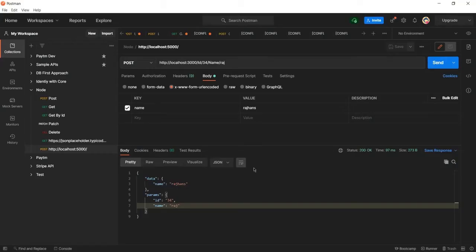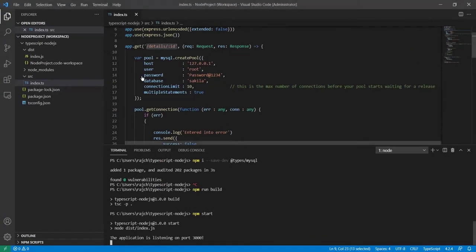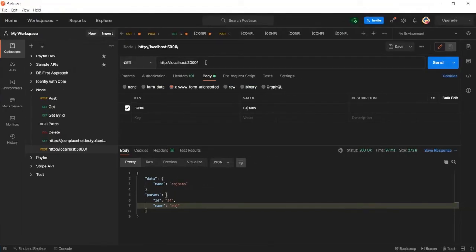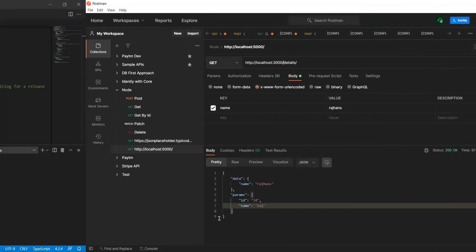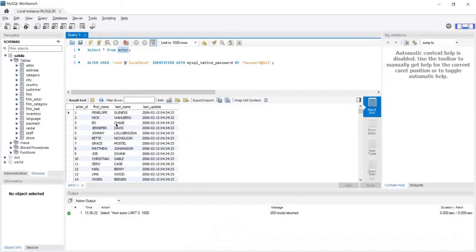So here is Postman, and I need to modify this, because this is not there. First let me delete this source, and now let me make it a get API. Now let me copy these details, and there will be the ID. Here you can see I have pasted the details, and the ID is going to be, let me check in the database what the ID should be. So here you can see actor ID is 123.